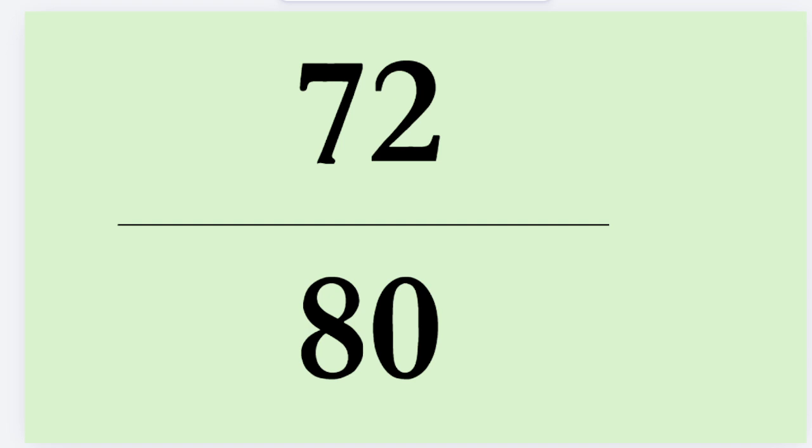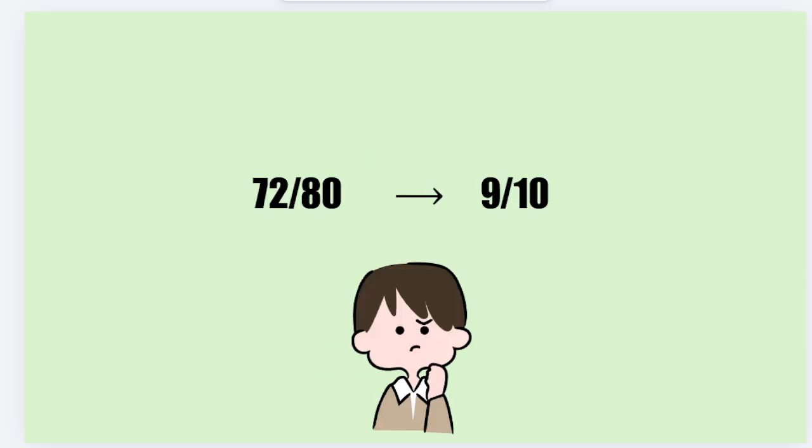Have you ever seen a fraction like this and wondered how exactly you're going to divide this fraction by a seemingly random number to get suddenly 9 over 10 with just a couple operations? Well, if you want to know how to get that quote and unquote random placeholder, then this is the video